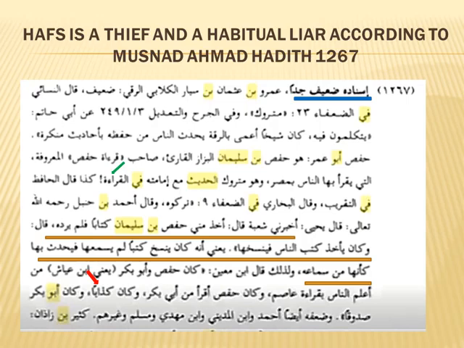Apologists argue Hafs was weak only in hadith, but when it came to the Quran, he was strong. However, the scholars cited say he was not only weak, but also a liar and a thief. No matter the apologetics, it cannot be justified or excused because Hafs was accused of lying and fabricating against Muhammad's statements. Is it really believable that only when it comes to Allah's statements, the Quran, he is truthful?